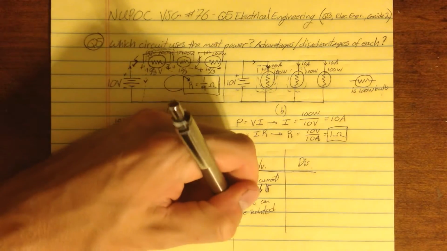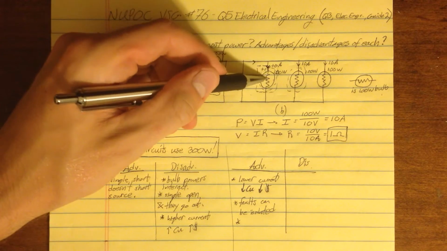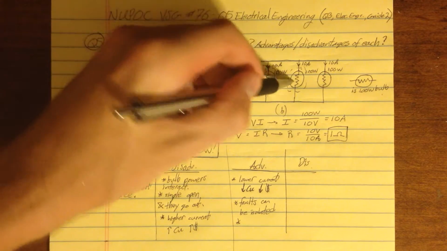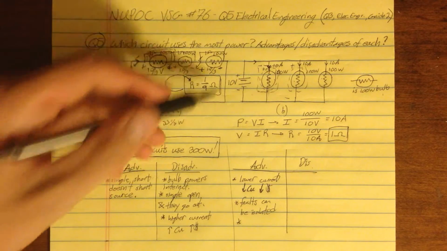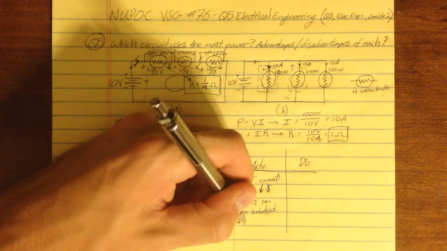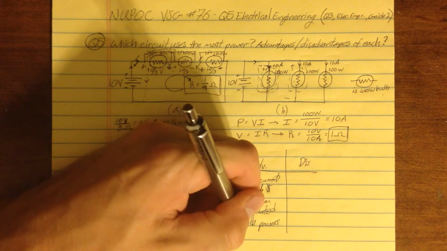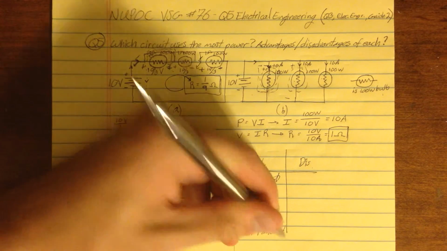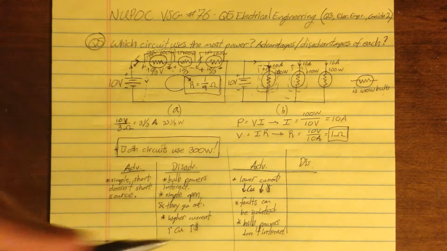And of course, the resistance in one doesn't affect the other. So if this resistance changes, this bulb may become brighter or dimmer, but these two will stay the same brightness because they have that same 10 volts across all the lights. So bulb powers don't interact, let's say. Now the disadvantage is that a single unit, if it fails short,